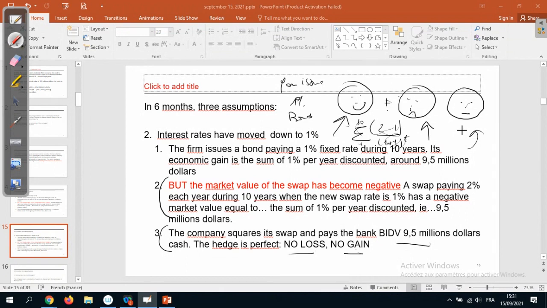Buy swaps. Because if you buy swaps, paying fixed, let me just